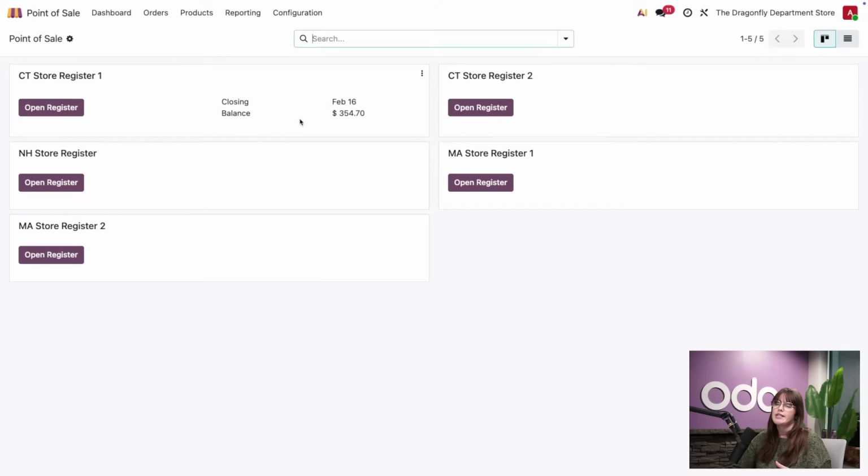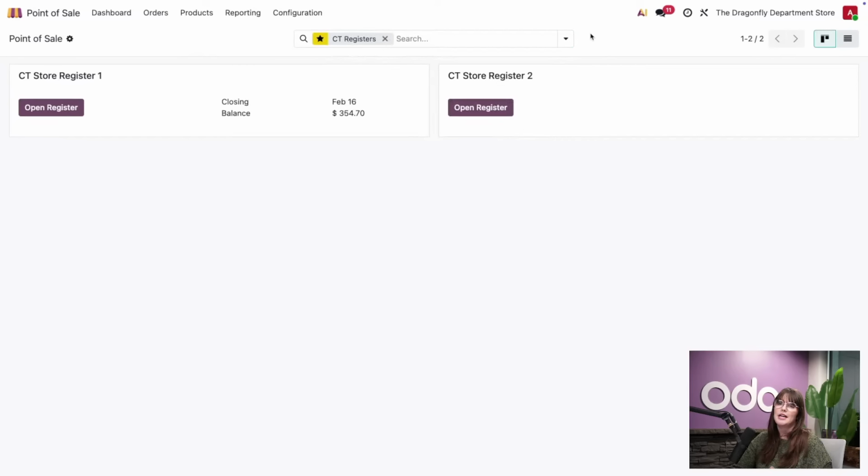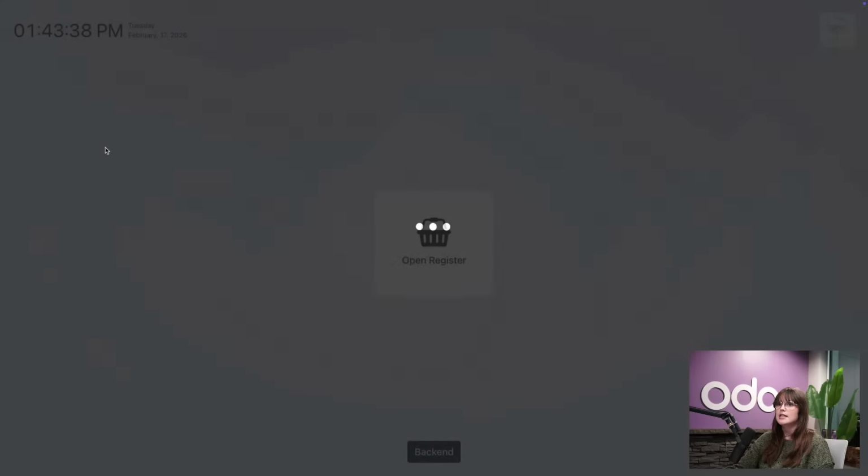Right now, what you're seeing is a view of all of the different registers across all of my stores. I do have some favorited filters here that can refine us down into the different stores specifically. So for Connecticut, we have just registers 1 and 2. You can make that a default for each one of your stores, whether it's a desktop, tablet, whatever you may be using. Now, if I go ahead and open up my register,